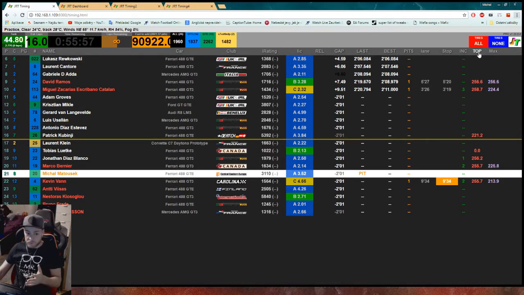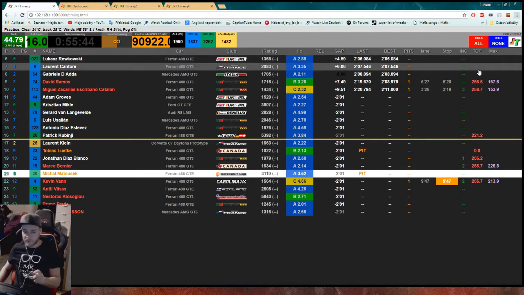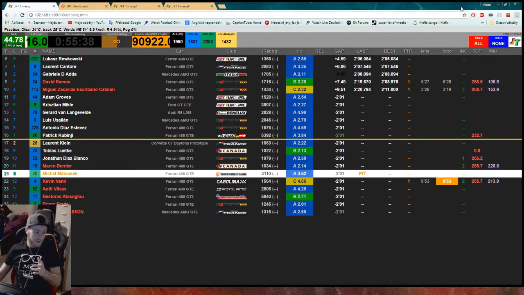Top is just the top speed at that certain moment, and max, now I'm not actually sure of the difference between top and max, but in my opinion it's totally useless to have there. I don't even know why it's there, but whatever. So that's pretty much it for